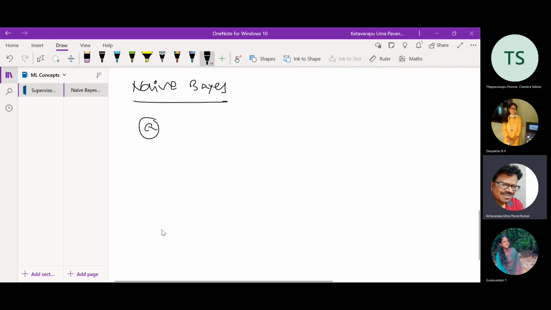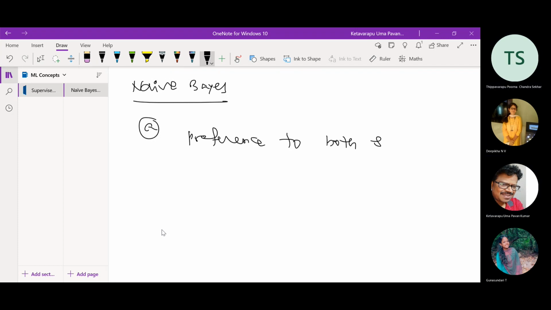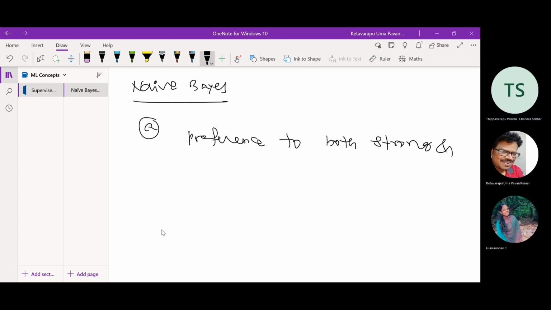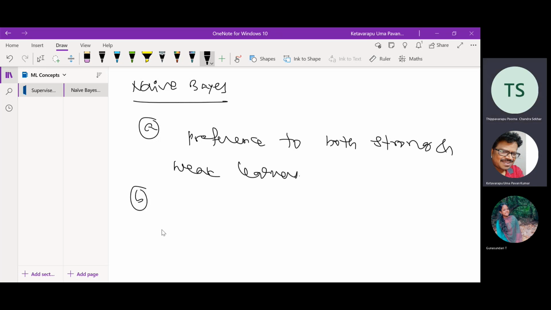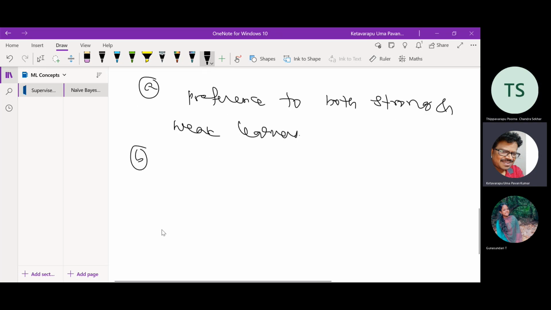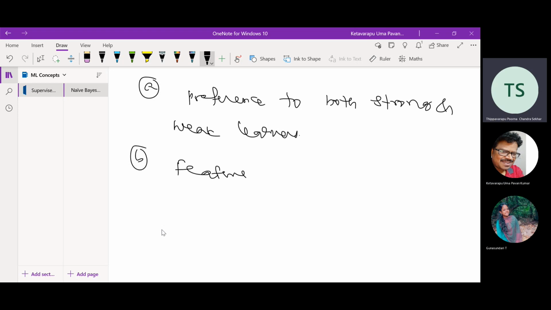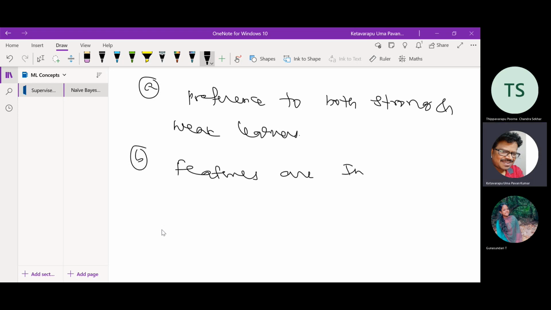the very first point we have seen, the first point is we are giving preference to both strong and weak learners. This is the first point we have to observe. So whenever the naive Bayes comes to your mind, then definitely you observe that your naive Bayes gives preference to all the learners, maybe strong or weak or whichever. Second point is if the features are independent,